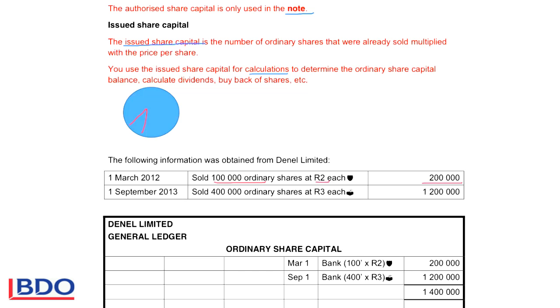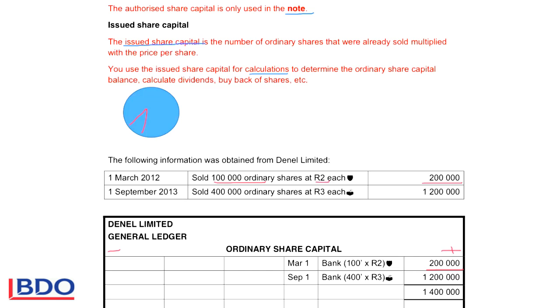So the ordinary share capital account was credited. So remember, capital is an equity. Equity increases on the credit side and decreases on the debit side. So ordinary share capital was credited with this 200,000 to show that the capital in this business is worth 200,000. Then in 2013, they decided they need more money because they want to expand the business, and they decided